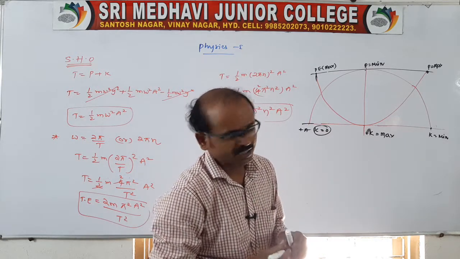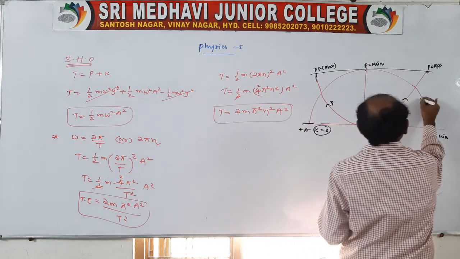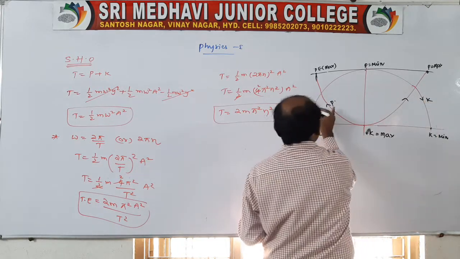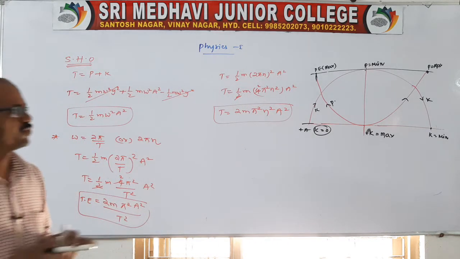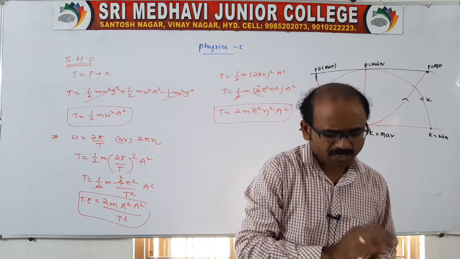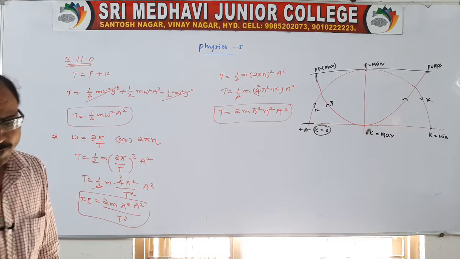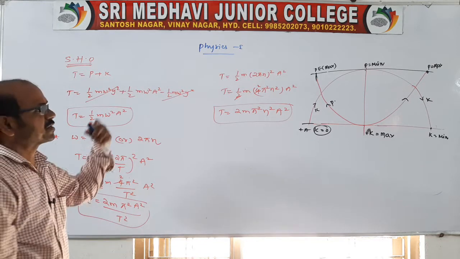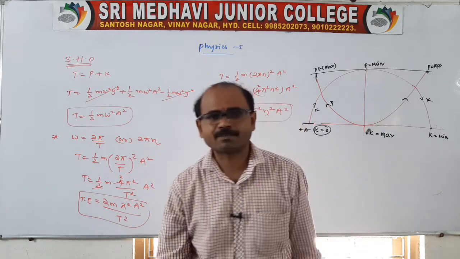One curve is the potential energy curve and the other is the kinetic energy curve, represented together. Both will be reverse: the potential and kinetic energy curves will be reverse. That is what I mean to say. This is about potential and kinetic energy with position, showing what happens at the extremes and at the mean position.